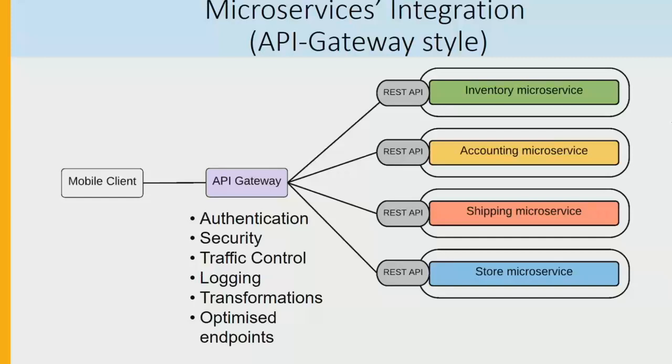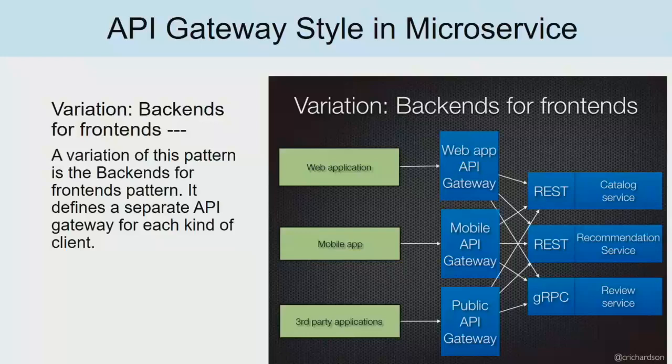interact with your microservices. And based on this pattern, there's one more pattern emerging. It's called backends for the front ends. It's quite funny, but this is another new pattern for microservices. What this pattern does is it is an extension of the API gateway. It creates a separate gateway for each kind of client. So you have a separate gateway for the mobile application, a separate gateway for the web application, a separate gateway for the third-party API application. And then if you design your application based on this backend for the front-end pattern, it becomes really